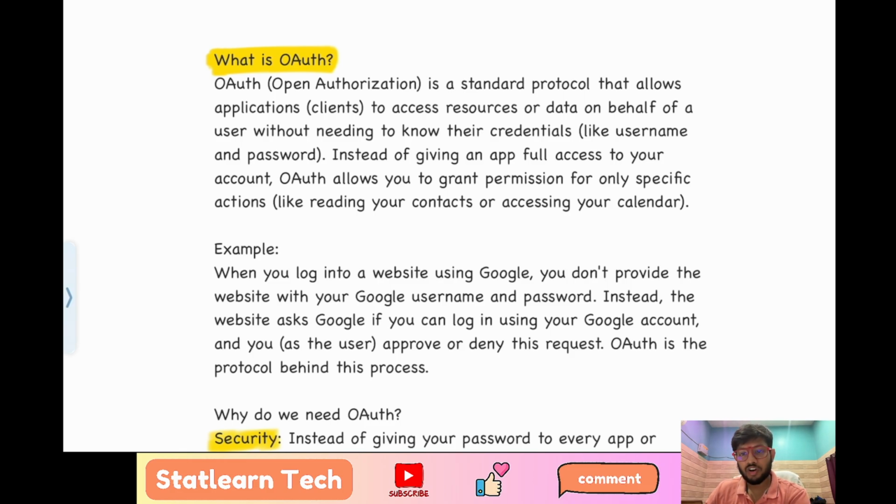First, let us talk about what is OAuth. Well, it stands for Open Authorization and it's a standard protocol. When we say protocol, it means it is a set of rules. And these rules actually allow any application or any client to access some resource or data on behalf of a user. So we don't actually need a user, we need some kind of client who will act on behalf of a user,